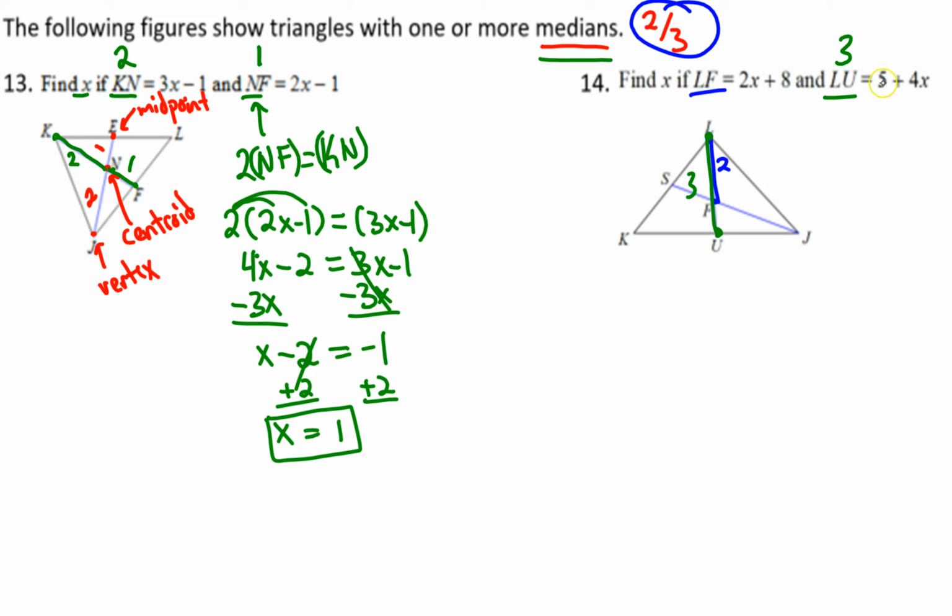So with this one, we've got to do a little bit of thinking, because if we have a 2-part and a 3-part, there's really no good way right off the bat to write an equation for that. So what I would recommend doing is taking this 2 parts and making it into a single part. So to do that, if LF is 2 parts, if I was to take that LF, which is 2x plus 8, and divide it by 2, wouldn't that give me a single part? So if I do that, 2x divided by 2